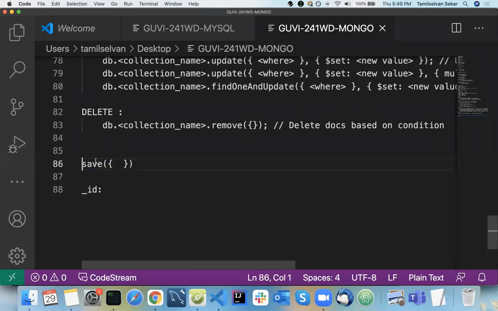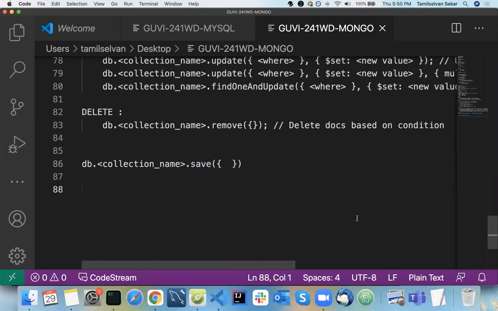So db.collection.save will take only one parameter. If you pass an ID inside it, it will update. Suppose if you don't pass an ID, it will create a new record. So your save will work as both your update and your insert. It will work as expected.